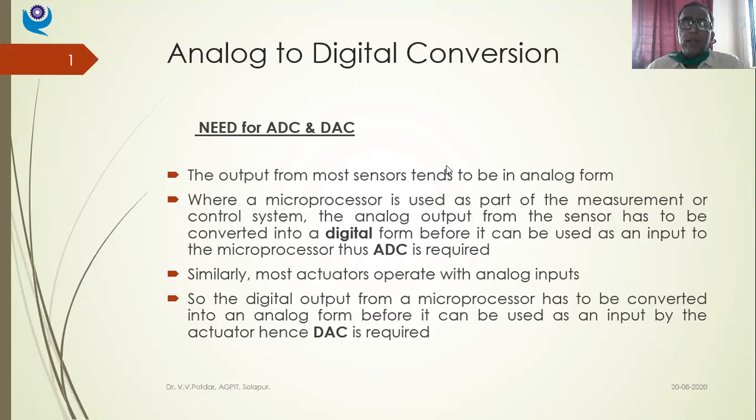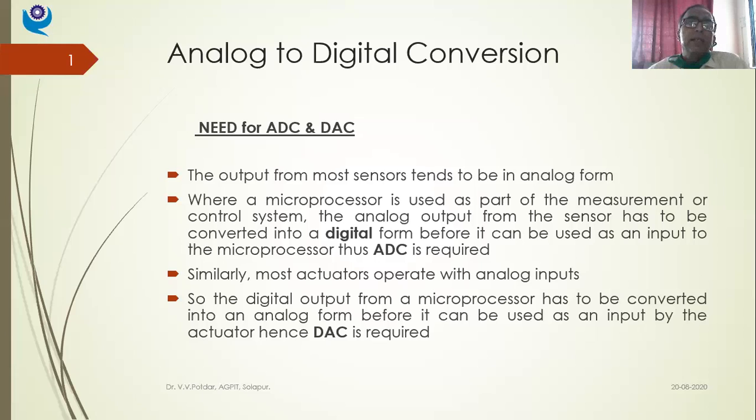In our mechatronic systems, the sensors and transducers generate analog signals. Now, the next block in the mechatronic system is from transducer, the signal goes to the signal conditioning system. And thereafter, that conditioned signal goes to the actuator, or the conditioned signal goes to the controller, and from the controller the signal goes to the actuator. So this is the flow of signals.